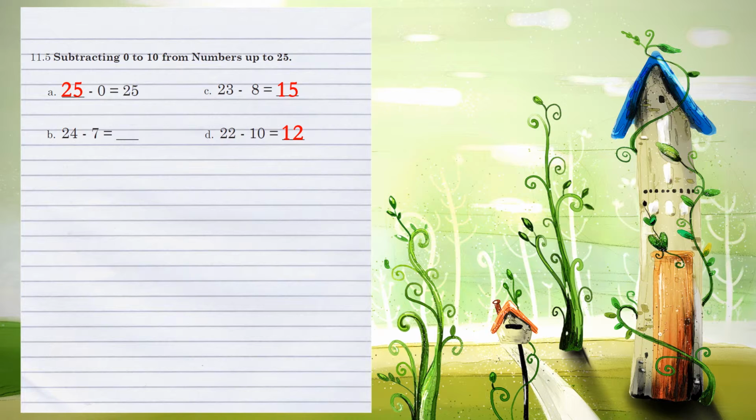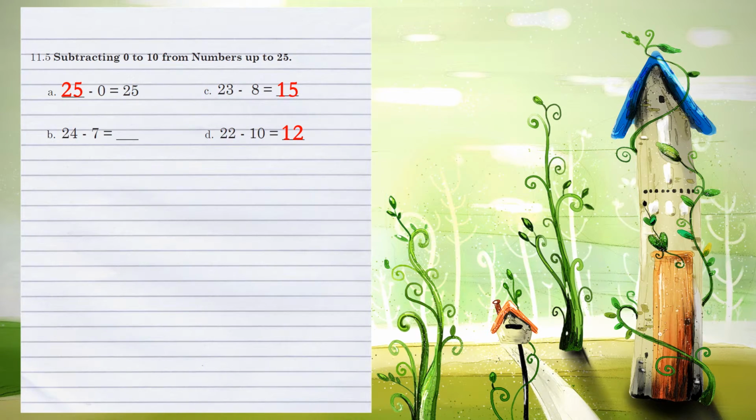Example B. 24 minus 7. We look at the ones position. You can't take 7 away from 4. So we have to have a larger number here. So we're going to come over here to the tens column, and we're going to borrow a 10 and make that a 1. And then we're going to take that 4 and make it a 14 with the 10 that